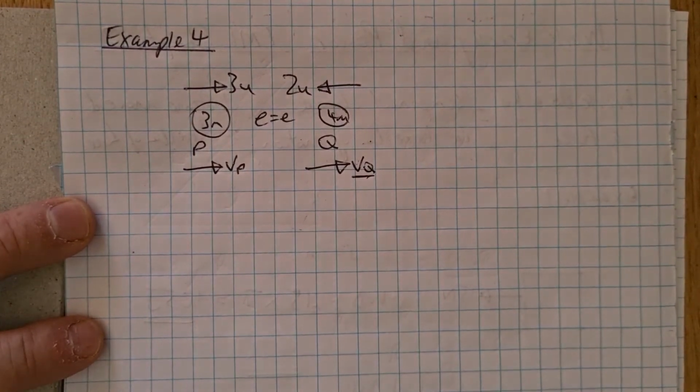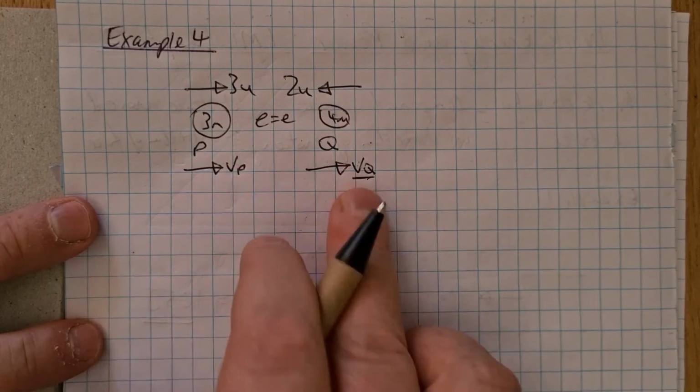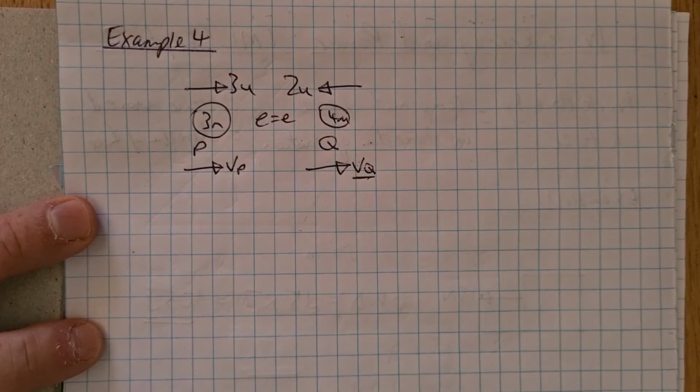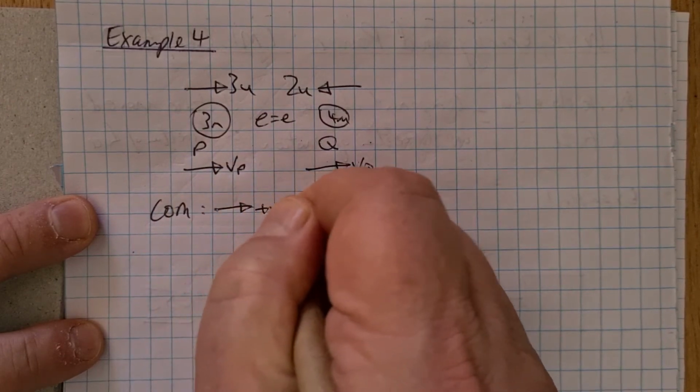But you shouldn't be put off by the use of algebra. It's exactly the same as example 3. 2 unknowns, so 2 equations, and one is going to be conservation of momentum, and one is going to be the coefficient of restitution. So if we start with conservation of momentum, again we have to say which direction is